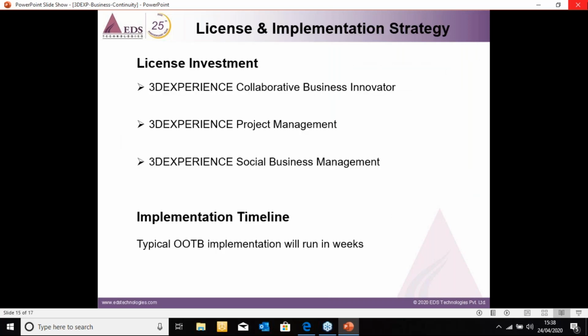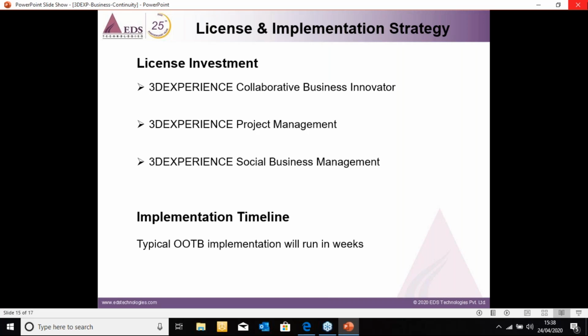So let me also detail the licenses and implementation strategies, the 3 licenses, the 3 ways for you to ensure business continuity no matter what the situation. These are the basic licenses. The first license is 3D Experience Collaborative Business Innovator. It's the basic platform license that would be sufficient for you to start with.